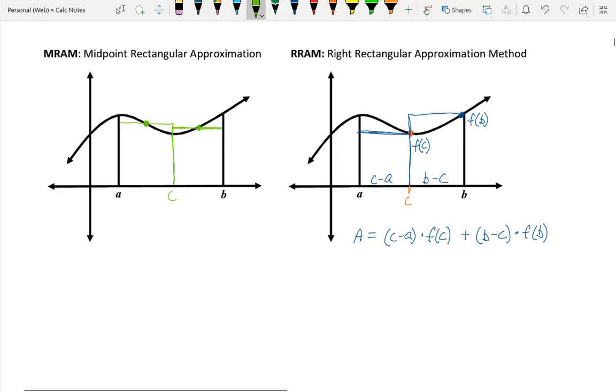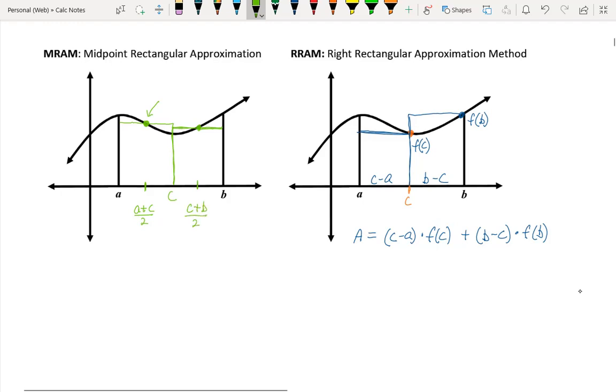Now the base of the rectangle is still c minus a and b minus c, same as the other ones because the base didn't change. But now to figure out this height right here, I have to know how to figure that out. Well, that height is in between a and c. So the coordinate of that point would be, and we could do this a couple of different ways here, but if that's the midpoint, the way you find a midpoint is a plus c divided by 2. That's the midpoint there. If we did the same thing over here, this would be c plus b over 2,